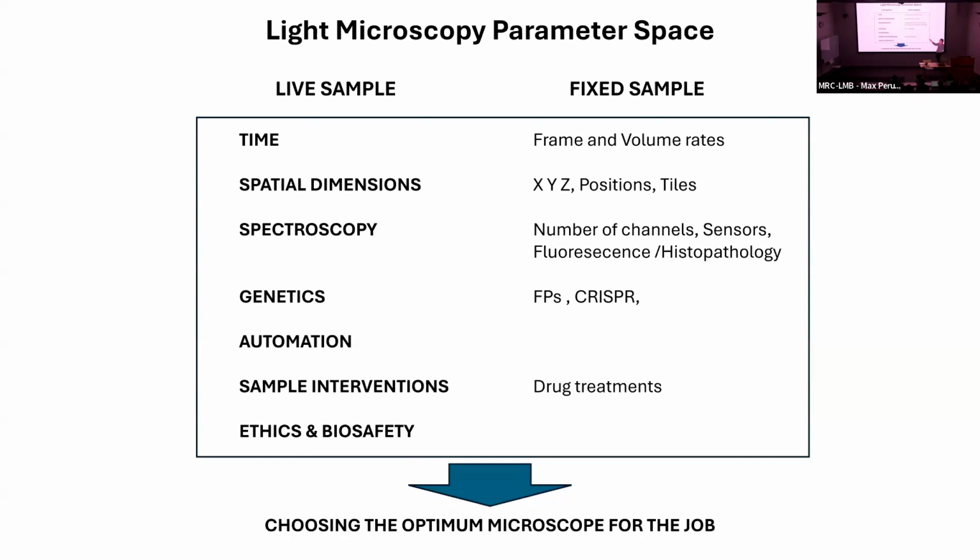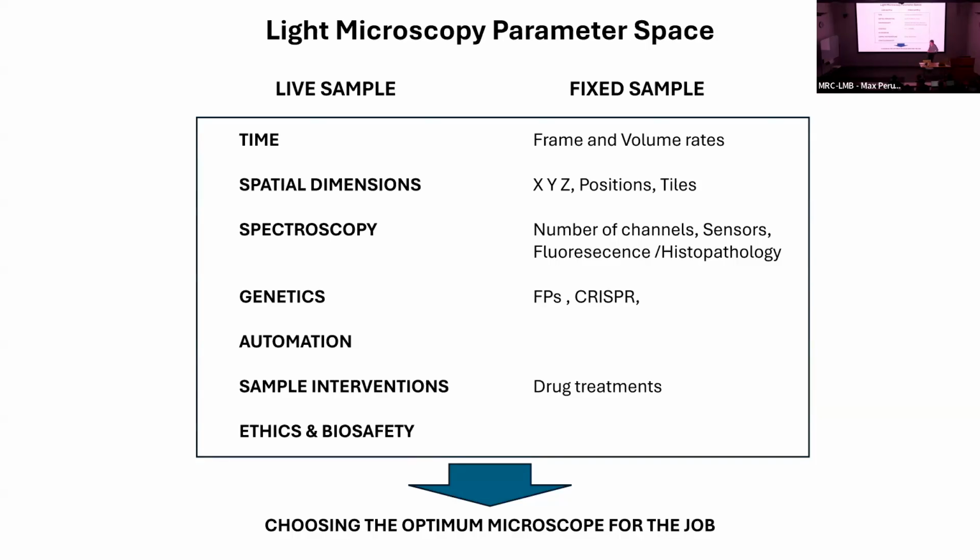I've talked about fluorescence, but actually there's this whole business of histopathology. We can just do H&E staining and see what we need to see if it's a piece of tissue many times. So there's transmitted light microscopy for that. There's all the genetics you have to do, fluorescent proteins, knocking them out with CRISPR and stuff like that. And all of this,